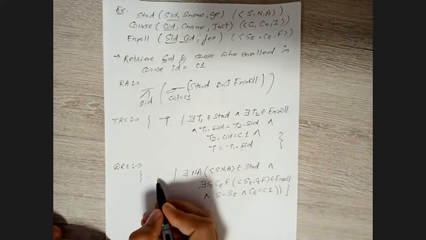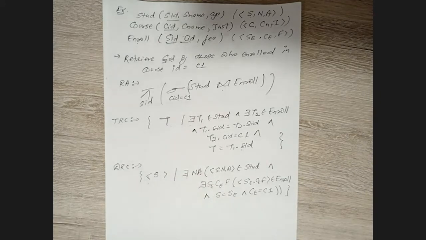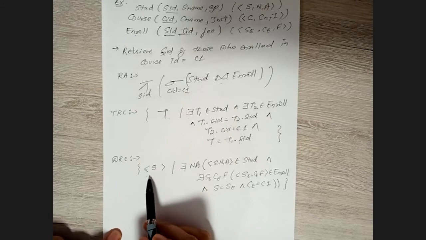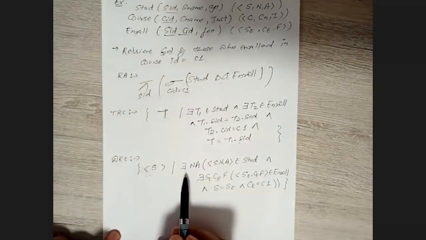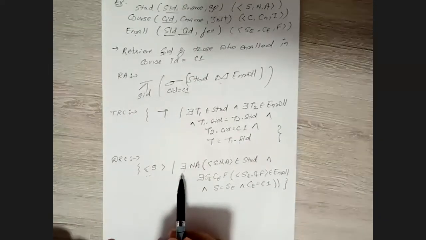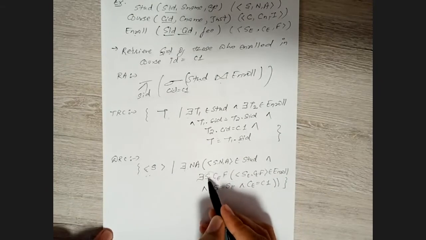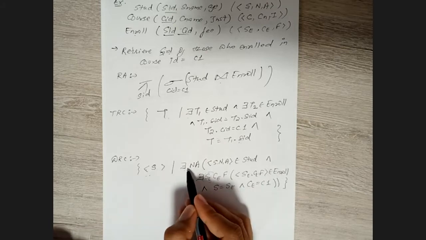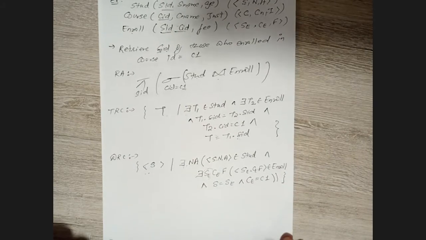And then what do we actually want to reflect here? S. Write this in this way. So this is what the TRC is. The important point here is you need to remember that whatever we have to print, it should not be written in the there exists part, from any table that you are writing. If we were looking to reflect this part, for example, then we would not write this one here, we would print this one here, and this S would be written here in this way. So this is what you need to take care of in the query.